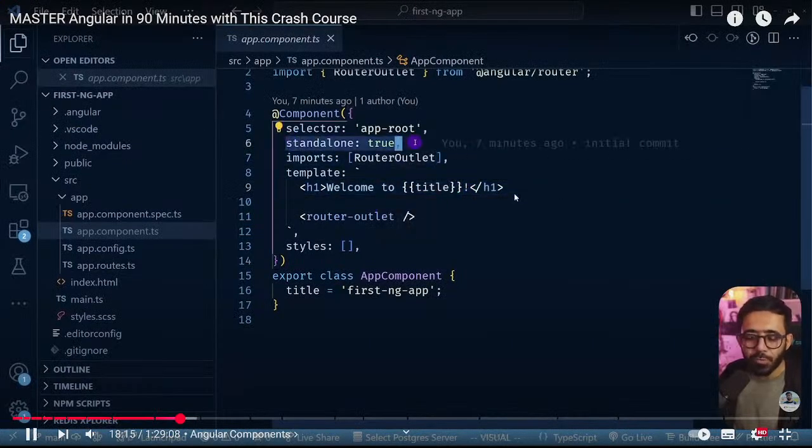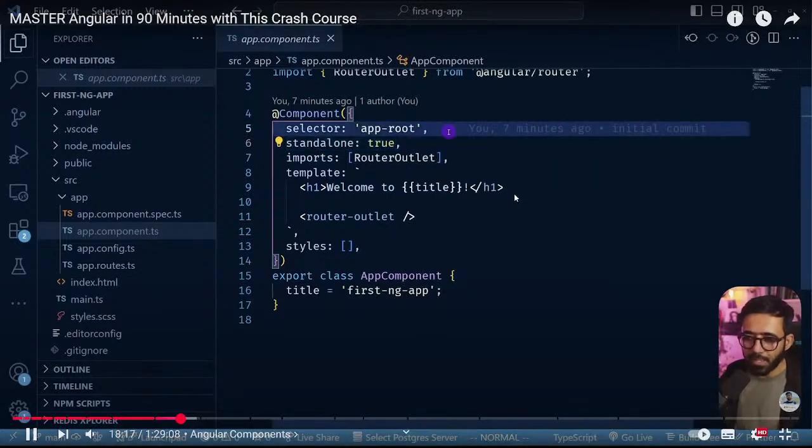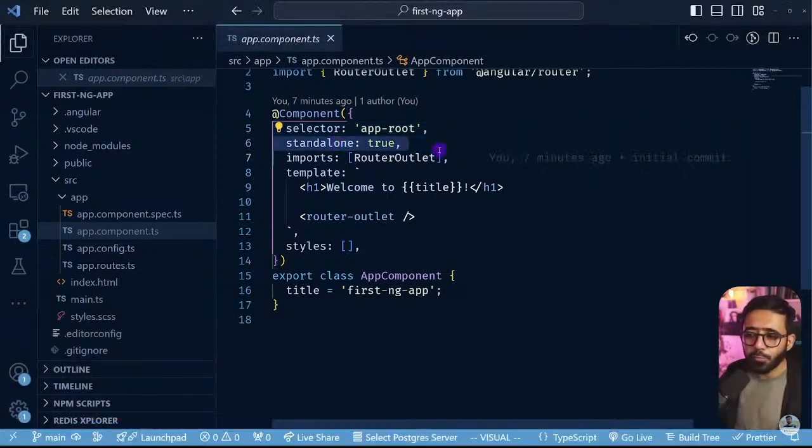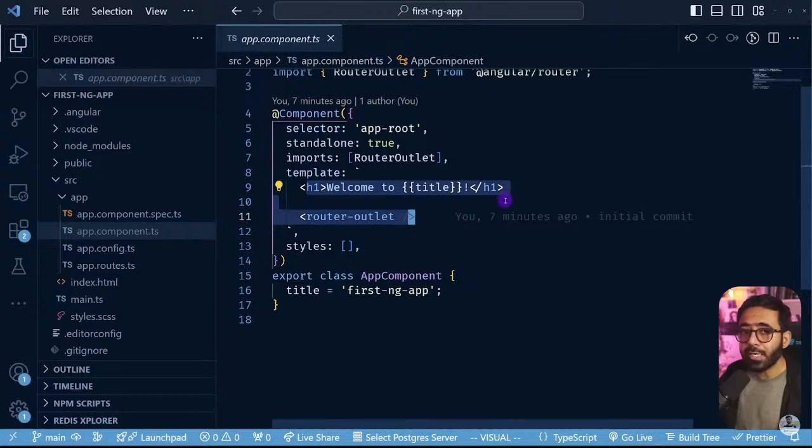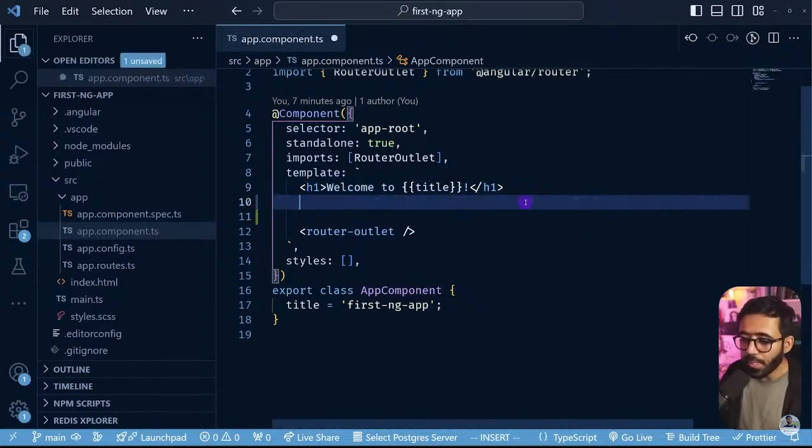We have standalone true. You can ignore this for now because it doesn't matter at the moment. This is also going to be removed going forward. What I want you to focus on is the template right here. The template here essentially is what gets rendered in the view. For example, I could go here and type a p tag, and here I could say something like hello world. And if I save this,